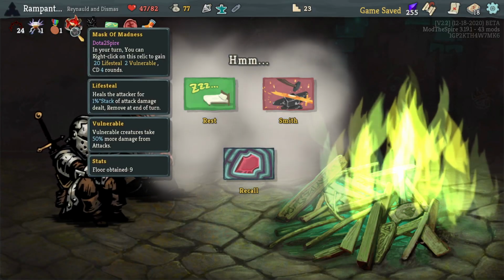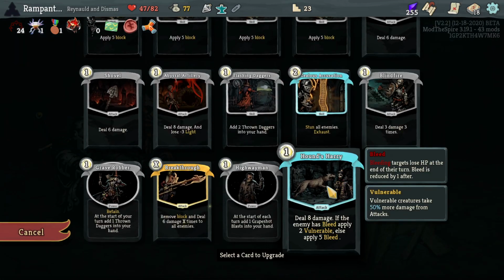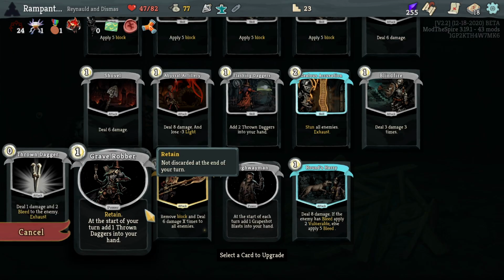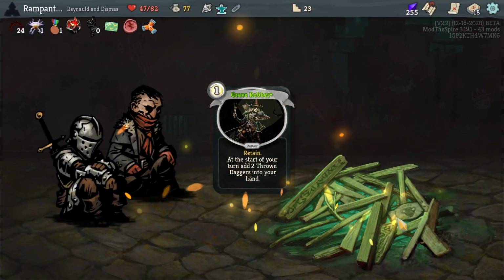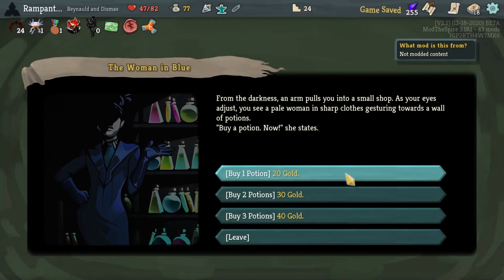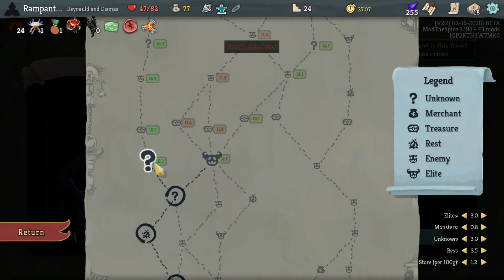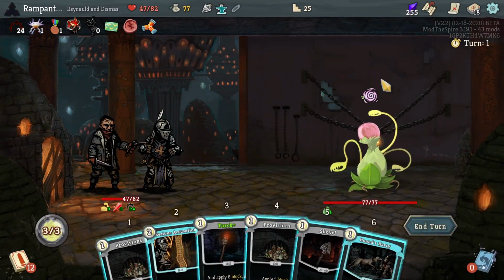We're at 47 health. I still haven't actually used the Mask of Madness. Do I want to upgrade Highwayman or Grave Robber? I think I want to upgrade Grave Robber first. Then it's going to be Highwayman. I'm not going to buy any potions. Go away. We're not looking for potions, lady. We weren't looking for this either, but...